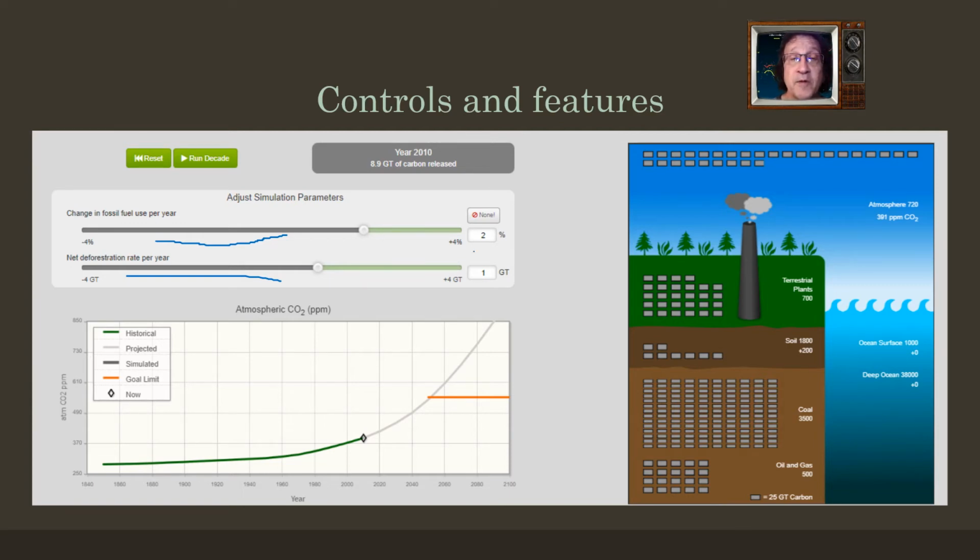Now, when you open up the module, it should give you 2% here and 1 GT here, and you'll learn about what those units are. So make sure when you start this, because when you restart it or do the next module, the numbers will change. So make sure you always set this. You'll see how to set this. It's very easy to do. You set this upper one to 2 and the lower one to 1, so you have the same starting point. So please, if you don't see 2 and 1 in there,